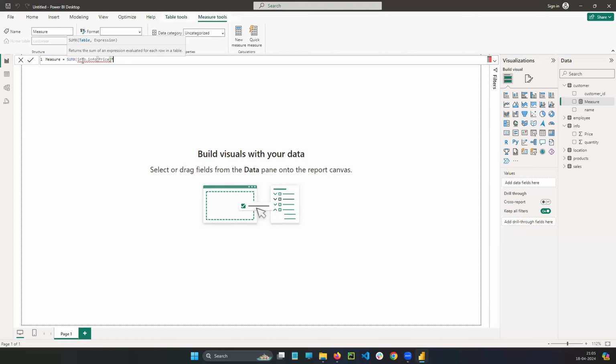Let's multiply the info price column with the info quantity column. So price into info of quantity. So here the question is,